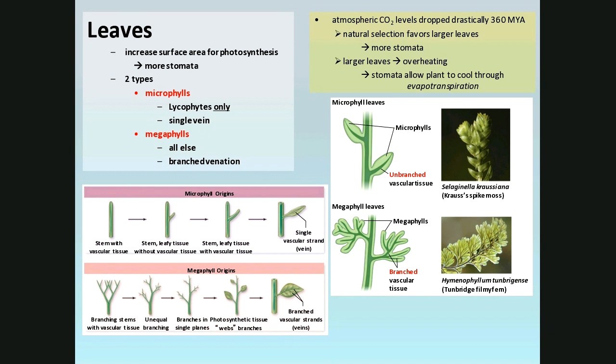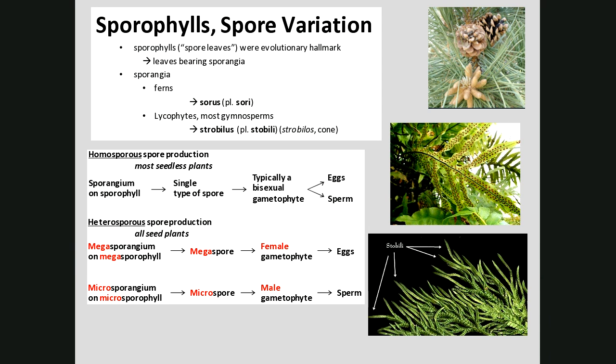All right, sporophylls and spore variation. A sporophyll literally means a spore leaf. These are the parts of the plant that make these spores, and eventually we're going to start talking about the parts of the plant that make the sperm and the egg and all that sort of stuff as we move on to other plants. Evolutionarily speaking, those are modified shoots, modified leaves. Things like pine cones, like you see in the picture on the right, the sori, and all the flowers when we get into those are just all modifications of leaves.